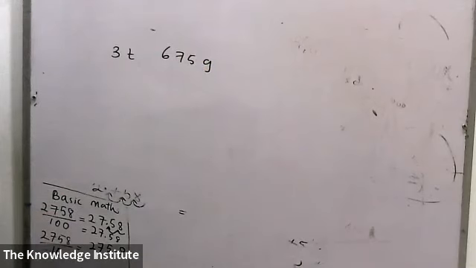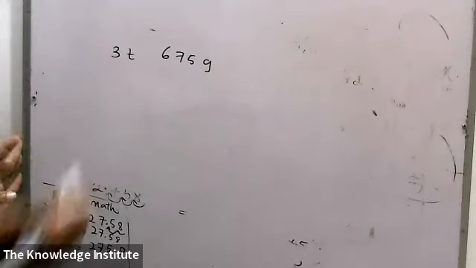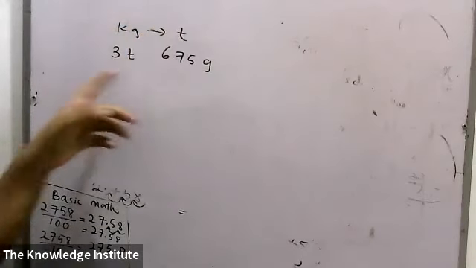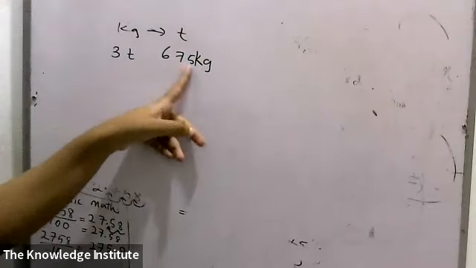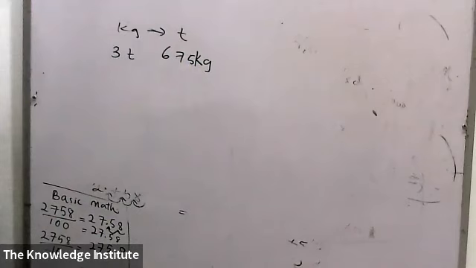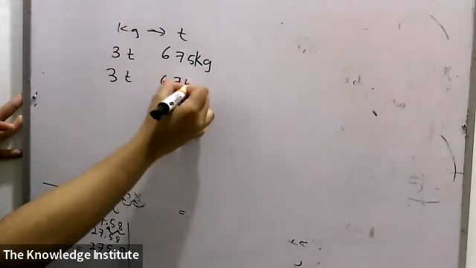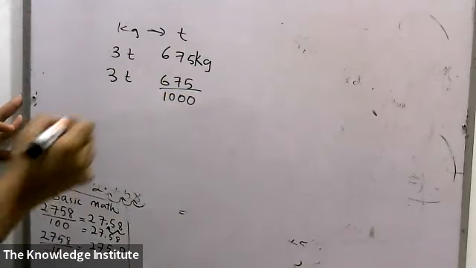So how can we convert? Do you have to convert these 3 tons? No. You know our conversion is related to kilograms into tons. But we have to convert 675 kilograms into tons. So usually what do we do? To convert kilograms into tons, we have to divide by 1000. Now